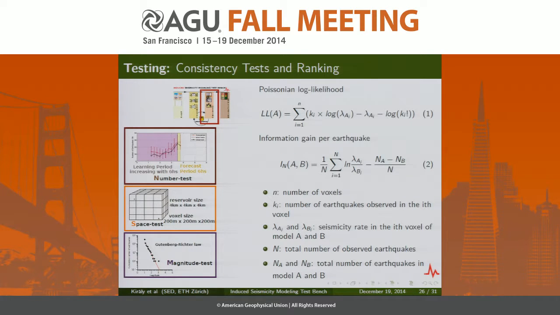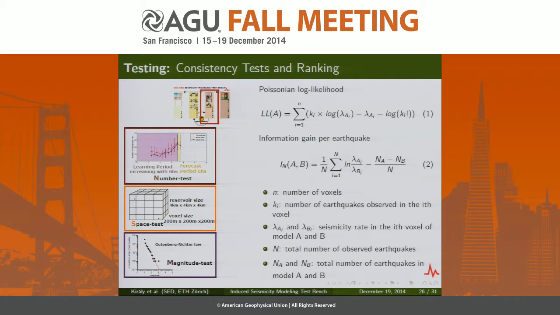So we put a 4 by 4 by 4 kilometer reservoir cube around the well tip, and we divide it into 200 by 200 by 200 meter voxels. And we'd like to know the seismicity rate in each voxel. Since we consider the seismicity occurrence as a Poissonian process, we can use the Poissonian joint log likelihood to evaluate the spatial